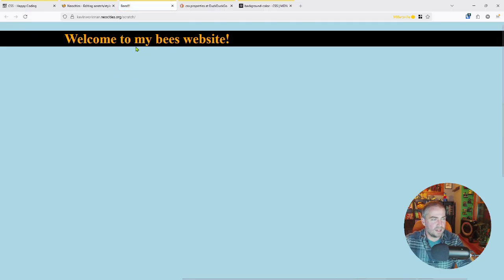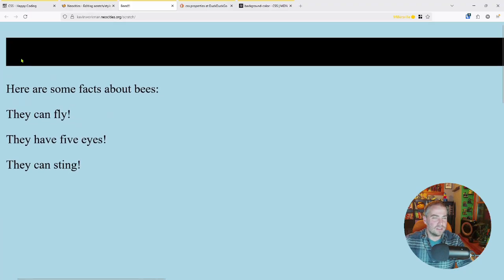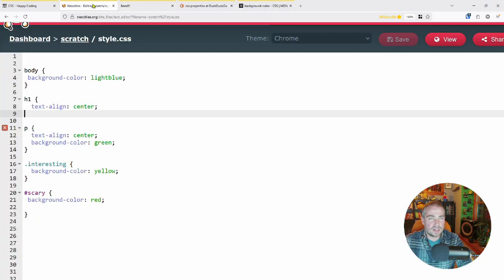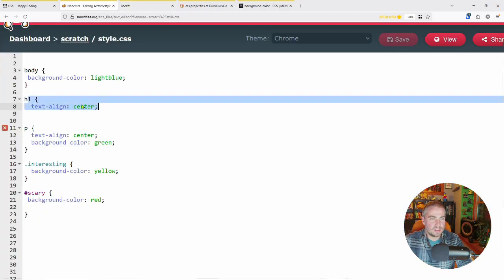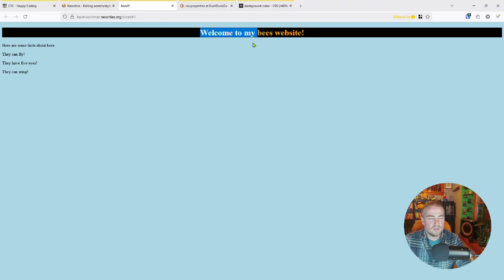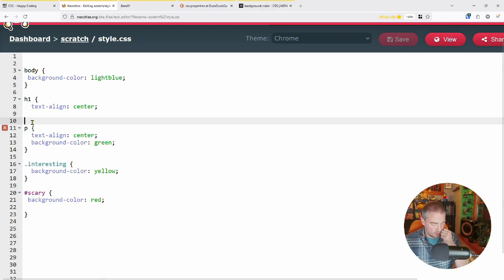Yeah, what the heck? That's weird. Everything went away, and if I zoom out, okay, everything else is just not styled at all. And that's because once it gets here, it's saying, okay, H1 is text align center, so that style is enabled. But then it kind of quits because we are now,